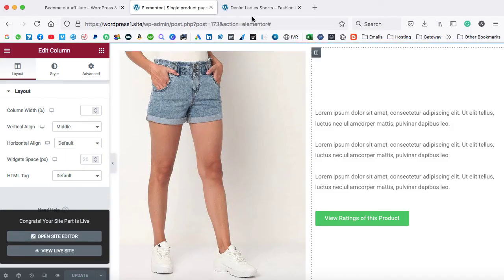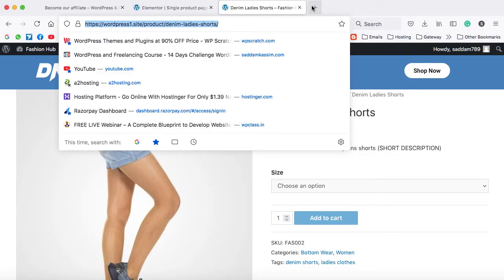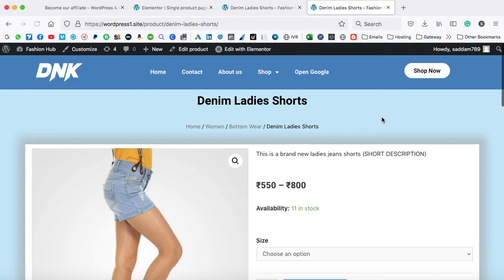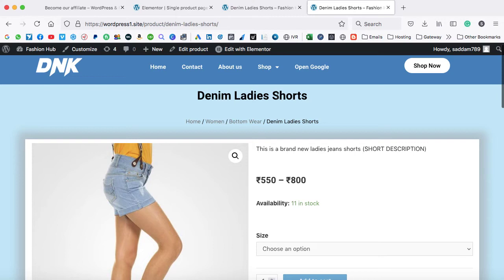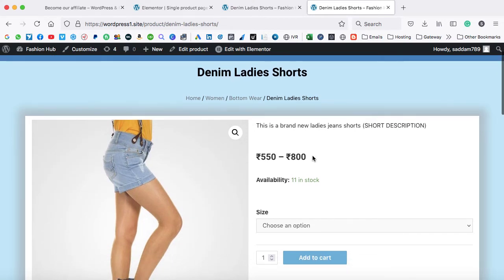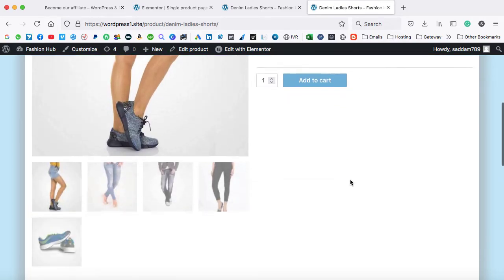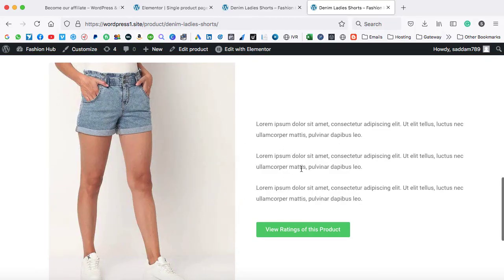Okay, now let's go back onto the front page and I'm just going to copy this URL and we are opening it into a new tab. Here we go. So you can see I have just customized the basic WooCommerce product page into a new customized page. The product title will appear over here. Then we have this breadcrumb. Then this is the short description, that is the price. This is the availability, and we have this add to cart option as well. If we scroll down, we have this static text as well, static area where you can put any type of